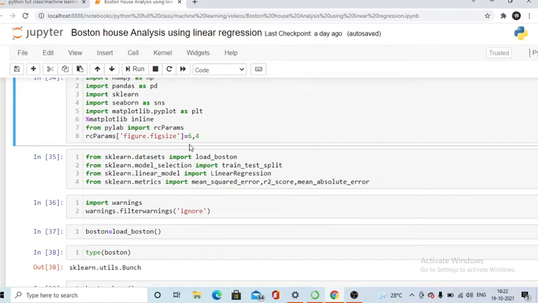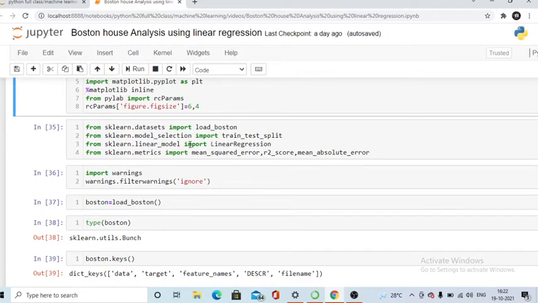Okay, now come to the main part, that is the sklearn dataset. Here I am simply loading load_boston, which is the sklearn dataset. This is a very popular dataset. You will get it by writing this code, from sklearn.datasets import load_boston, right? So first you have to write this line and then you will do all the things that I am going to show you.